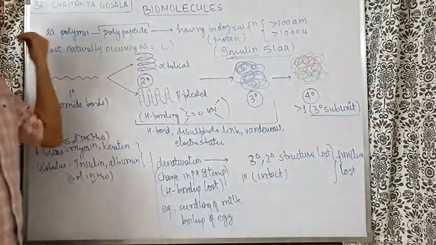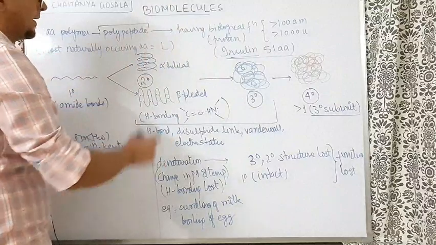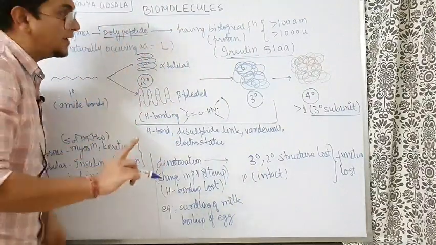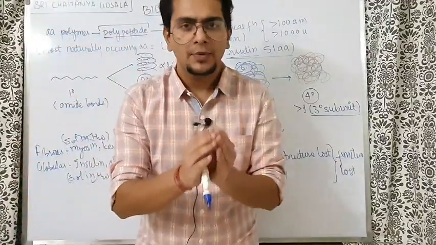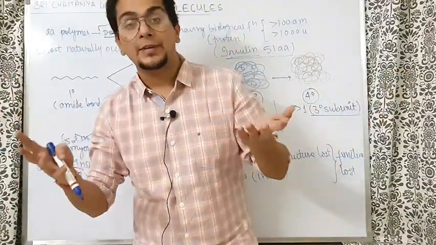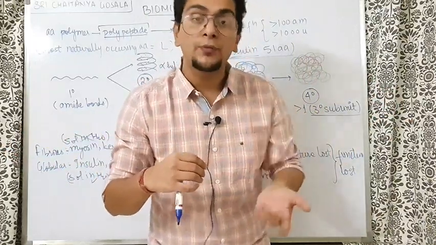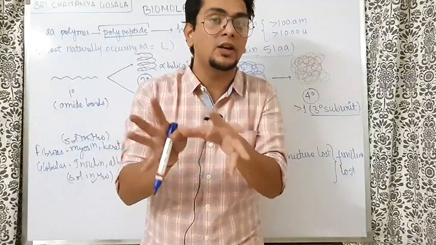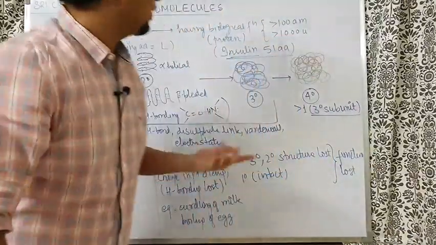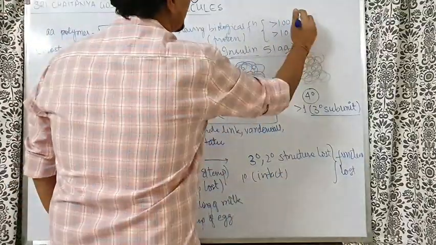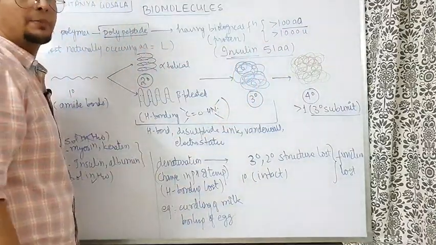That means many amino acids came together with the peptide bond. But who are proteins then? A polypeptide having a biological function. Amino acids combined together form a polypeptide. Now that polypeptide may or may not be useful for our body. But if that polypeptide is useful for our body, doing some biological function in our body, that polypeptide is called protein. Generally, proteins are more than 100 amino acids long.